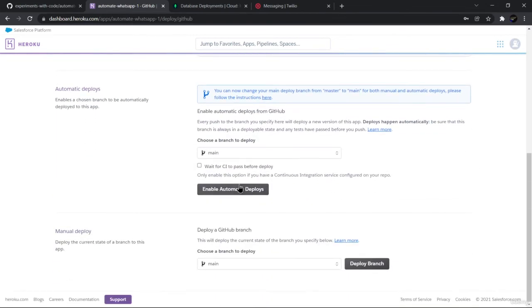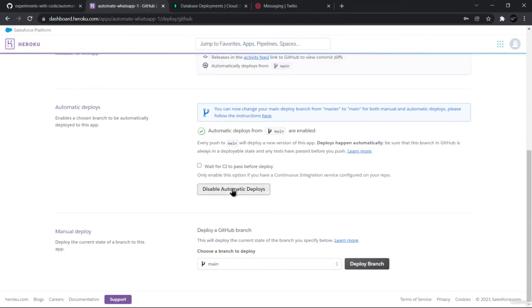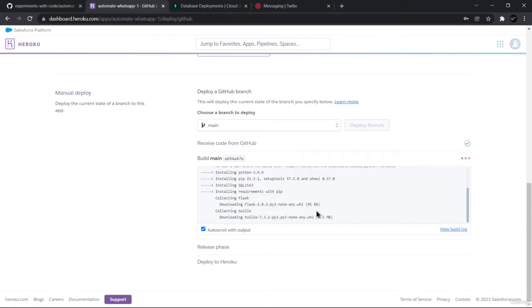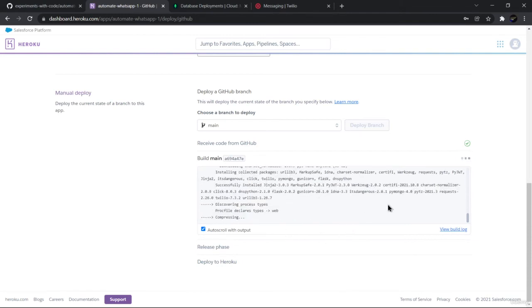So after this, you can just click on enable automatic deploys. Now what this does is basically whenever we change any files on GitHub, those changes will be reflected even here. So the entire server will be redeployed once we make any changes on GitHub. So after this, just click on deploy branch and this will deploy our files on GitHub to Heroku's server. So as you can see, you can monitor the progress here. So this will basically install Python as well as pip and all the packages that are required. So Twilio, PyMongo, gunicorn, Flask, and DNS